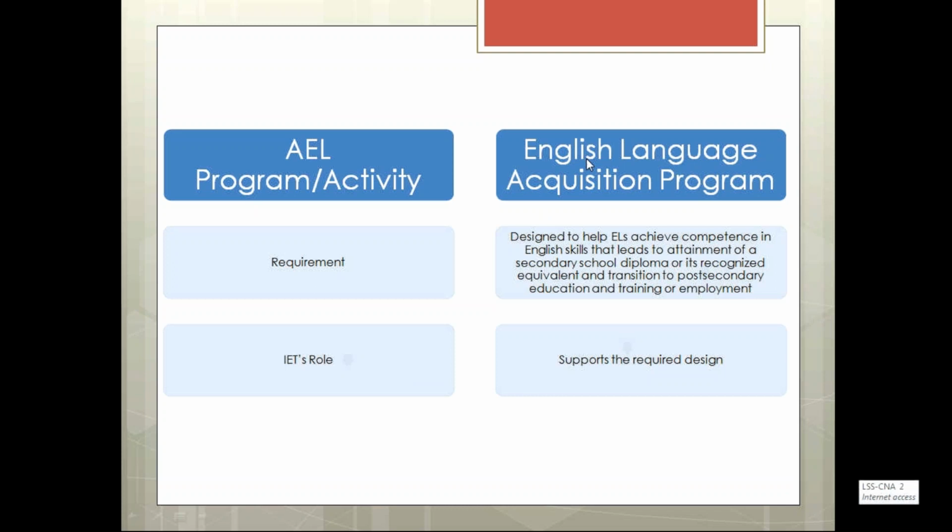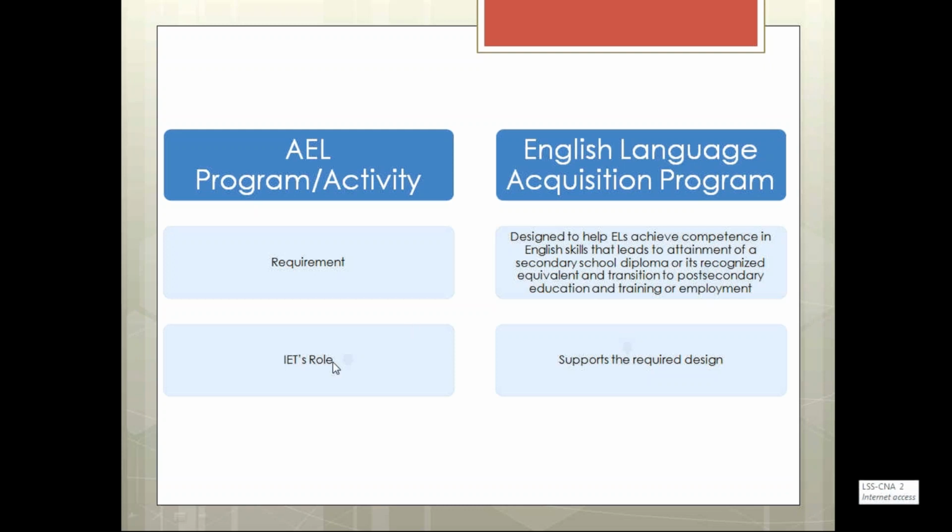So this first slide is just looking at the ELAP, English Language Acquisition Program. We are required to have this design specified here, and the last few words again showcase that our English Language Acquisition Program is designed to help our students transition to post-secondary education and training or employment.